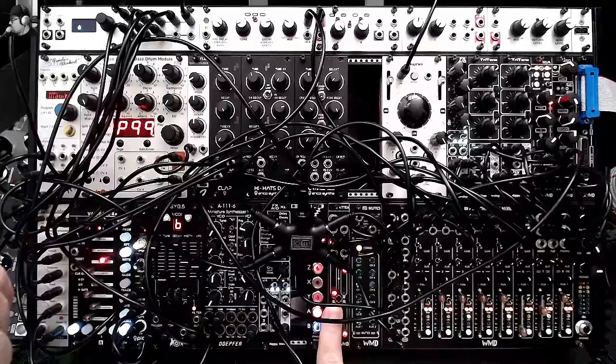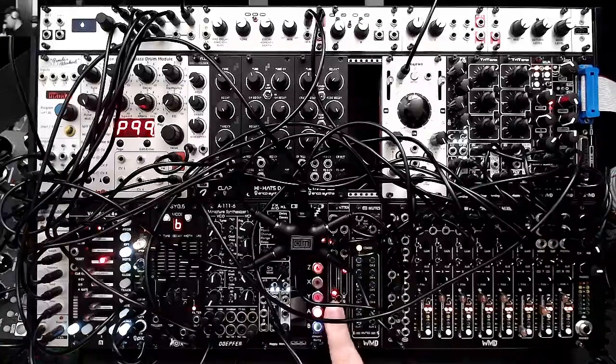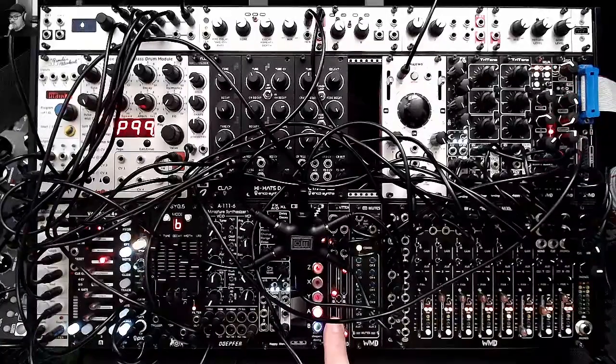I think it's either the first or the 9th preset. There's 9 LEDs here, and you basically morph between the 9 presets. As you see that LED going up and down, that's just morphing between the presets. So I have it set so bottom is flat. There's nothing happening, and then as I turn up the CV, it goes through the presets, and the top preset is a low cut with